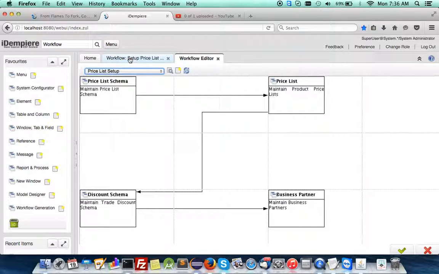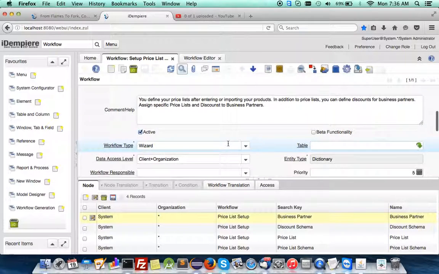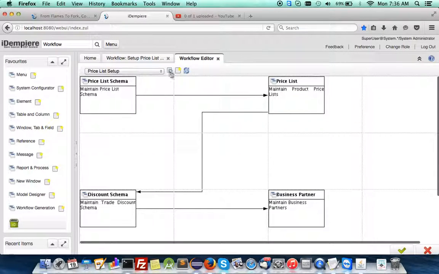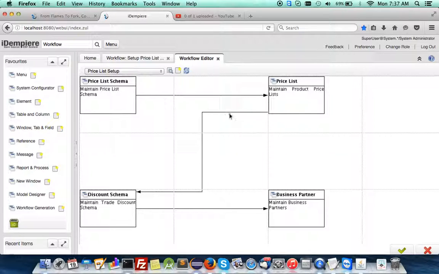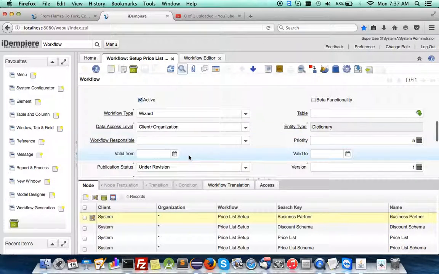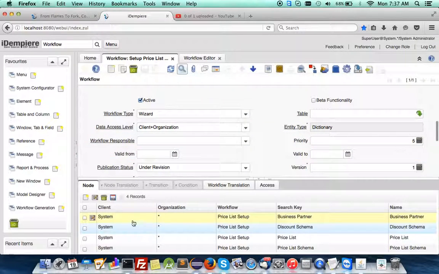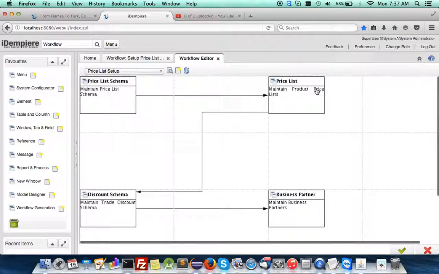Could be it. Basically, set a price list is part of it here. You see, set a price list and your price list schema, and you have to see that they match the corresponding model here, and you have to build up the nodes. So you start with business partner discount schema and so forth, price schema,